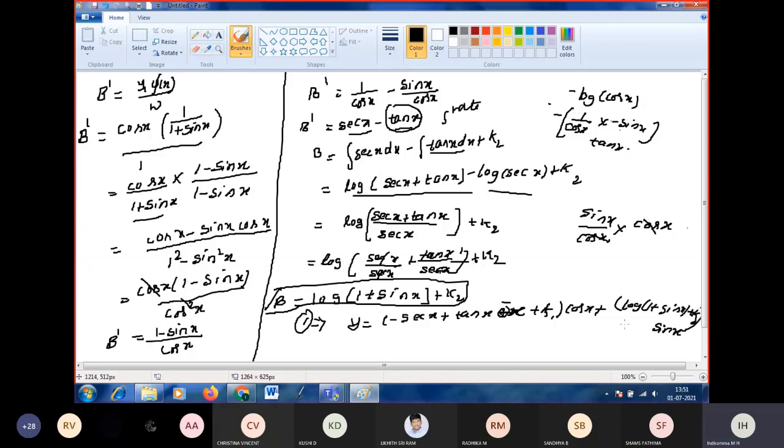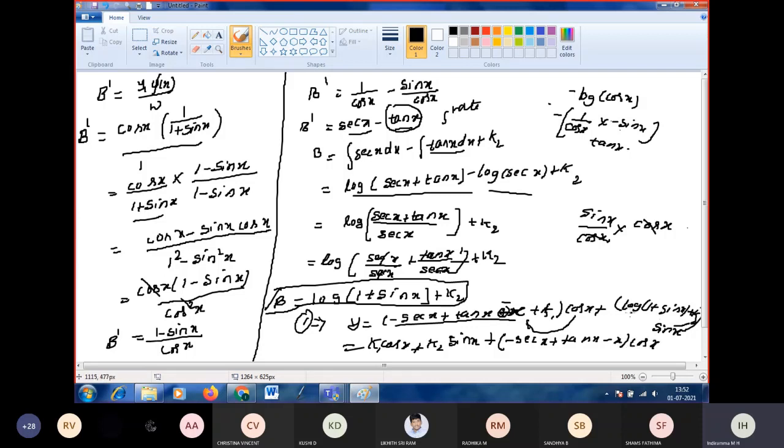As I told you, first multiply the constant, then you write those terms as the first terms. K1 cos x plus K2 sin x. Multiply K2 sin x here, K2 sin x, plus the remaining all as it is with multiplication of cos x, plus minus secant x plus tan x minus x into cos x.